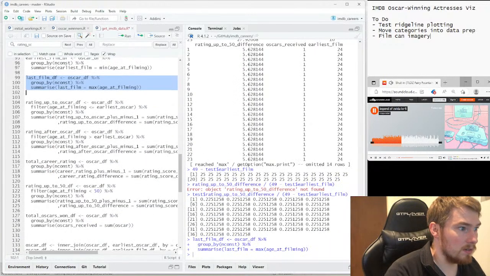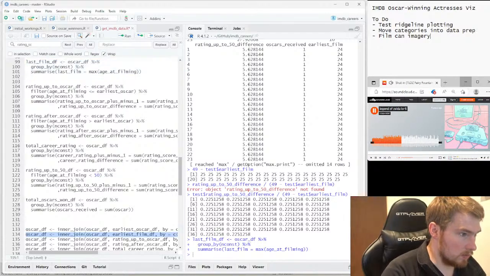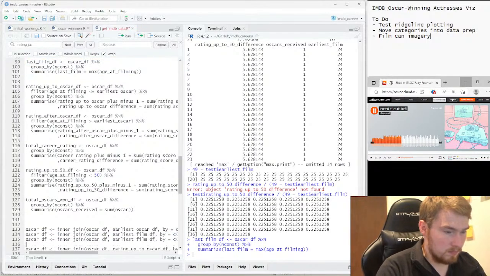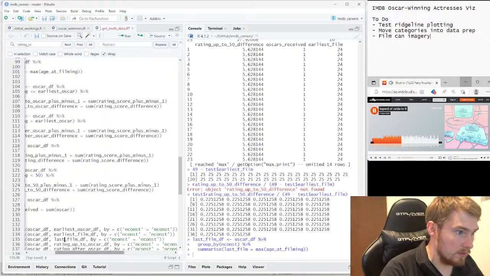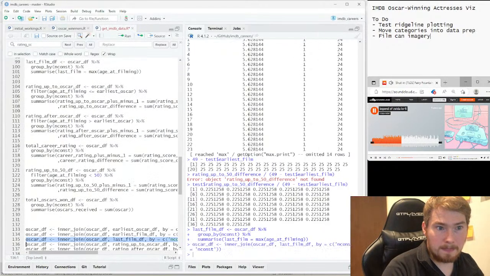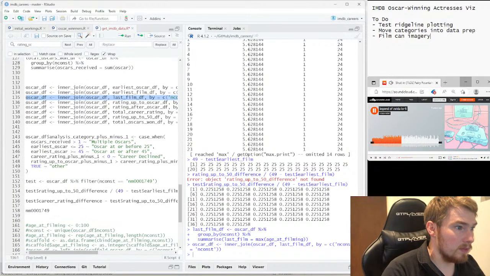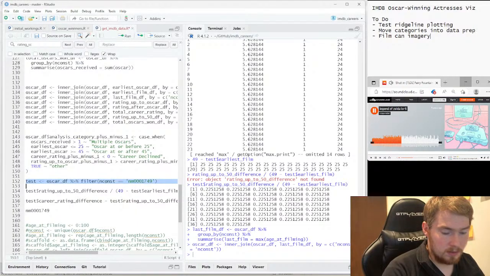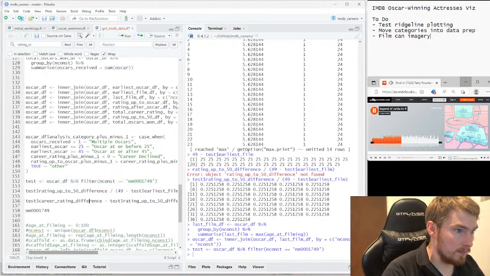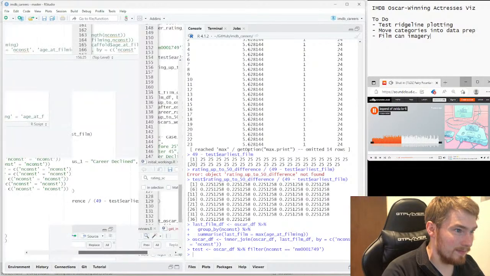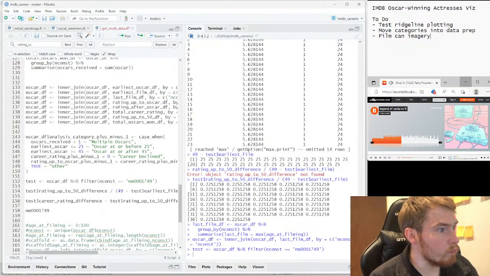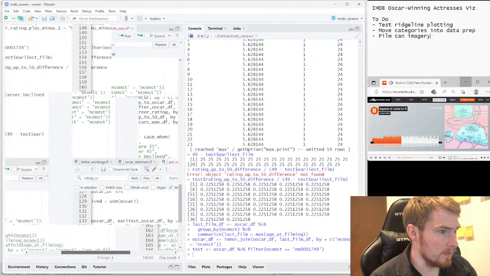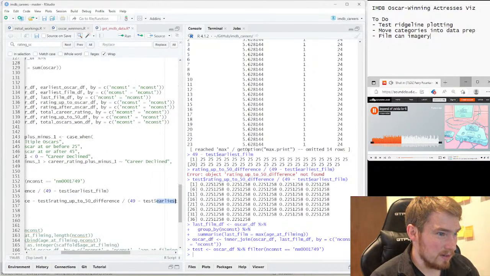Nice, add that. Difference, test rating up to 50. Then we wanted test last film.